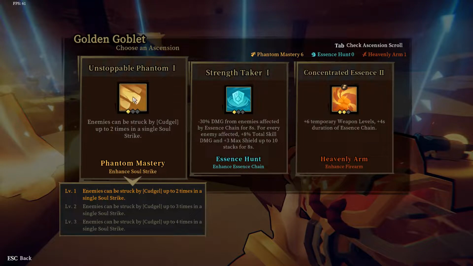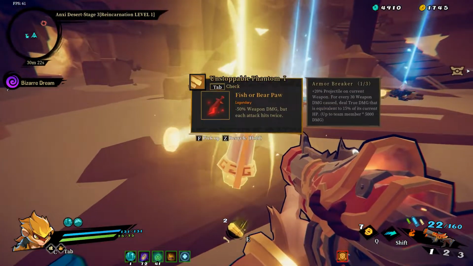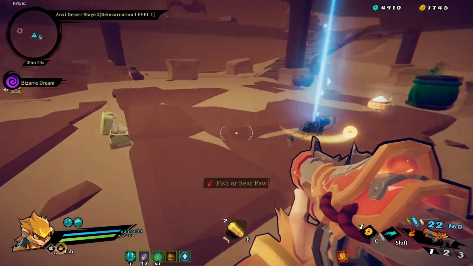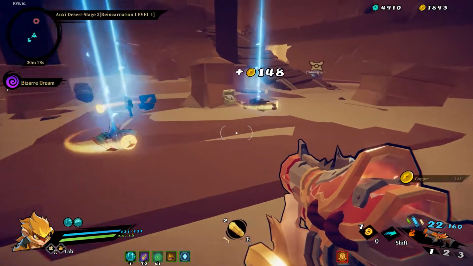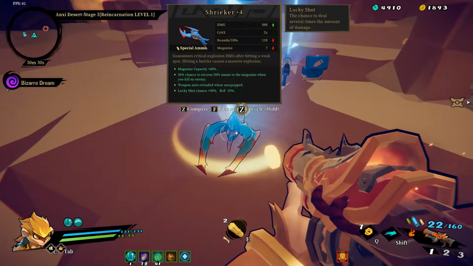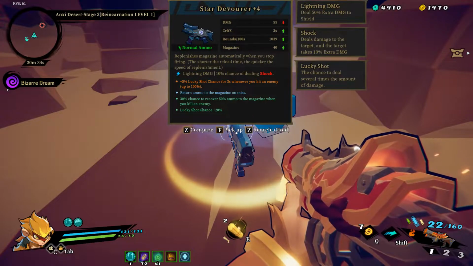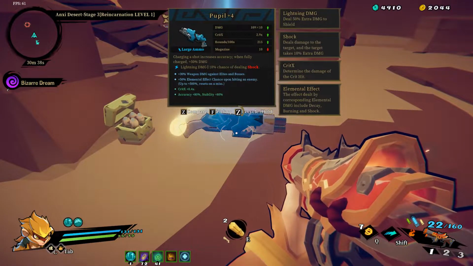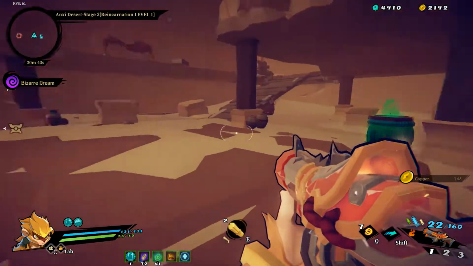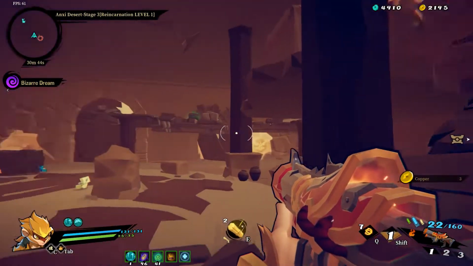So... enemies can be struck by cudgel up to 2 times in a single soul strike. That's good. That's good for when you're fighting bosses. Fish or bear paw, sure. Shock people. Now it's just basic greens. Just all greens. Star Devourer, no. No. Okay. Now, did I notice? Was there a...